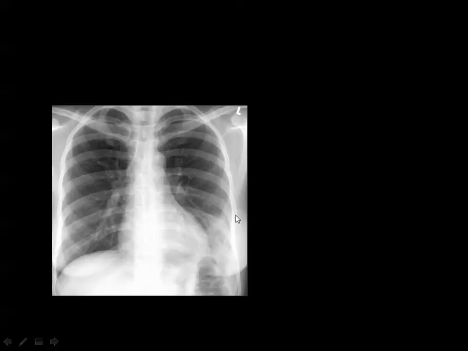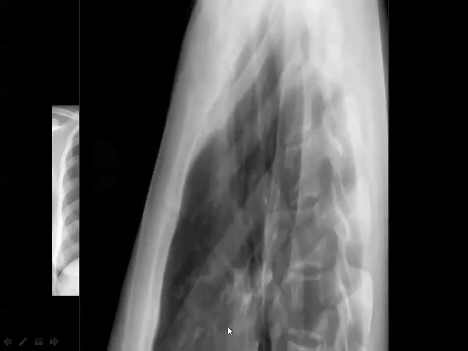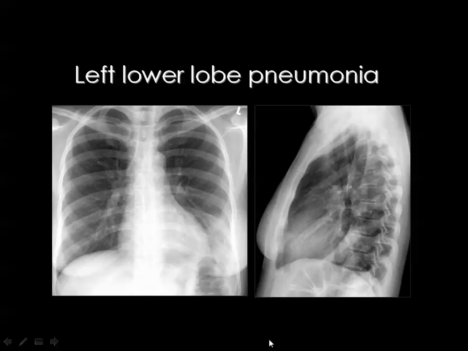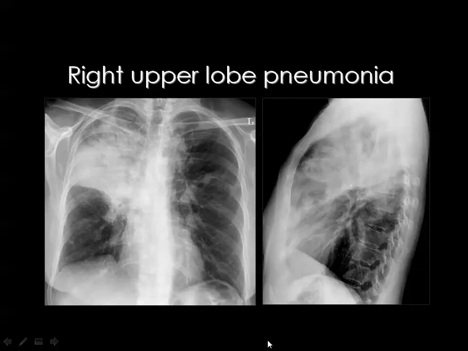And this is a lesion in the left lung base, and by the silhouette sign, you are sure that this lesion is in the lower lobe, posteriorly located. And this has been confirmed by the lateral view, and you see the lesion is posteriorly located, and this is pneumonia of the lower lobe. Then this is pneumonia of the right upper lobe, the patchy lesion with air bronchogram inside,